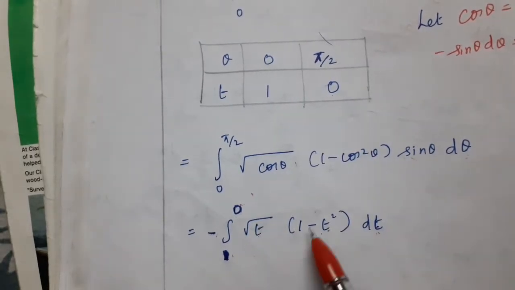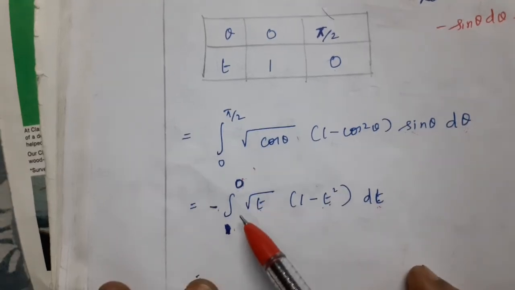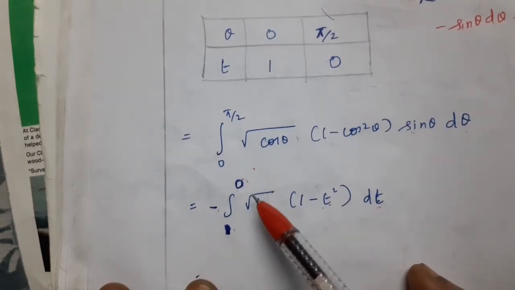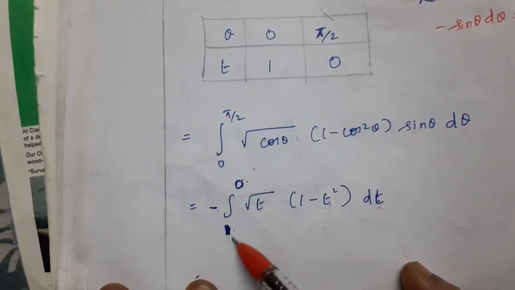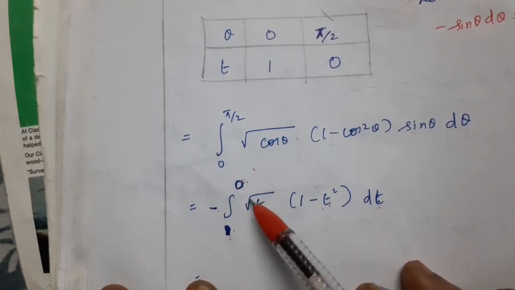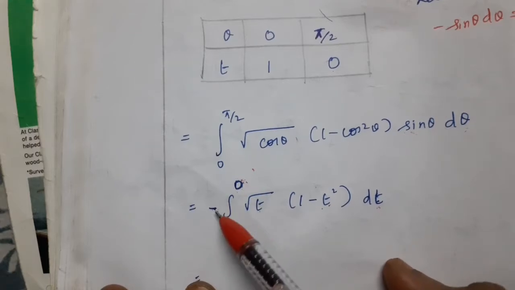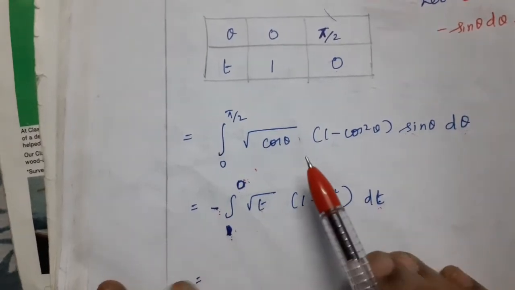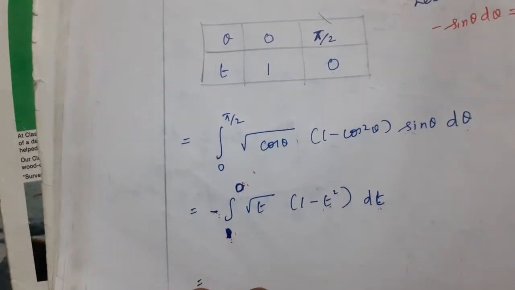After easy calculation, afterwards here also one property. 1 to 0 is rewritten as what? If the limit is interchanged, upper limit becomes lower limit and lower limit becomes upper limit, with a minus. Already having one minus sign, minus into minus is plus, and the 1 to 0 limit is rewritten as 0 to 1. And the remaining steps are very easy, just normal multiplication.